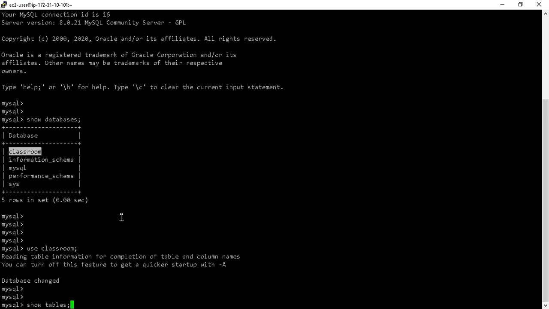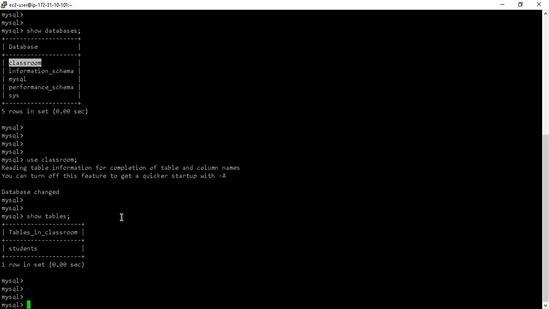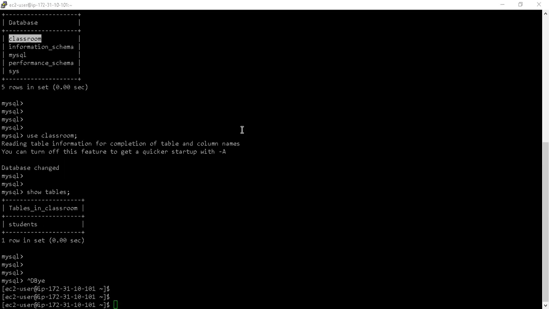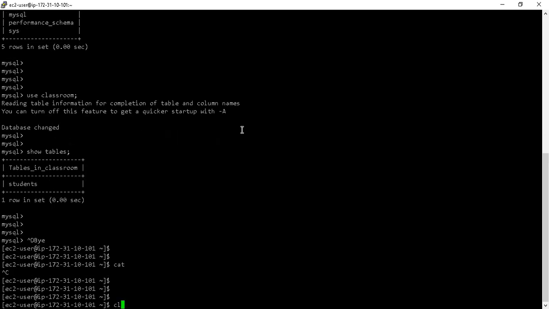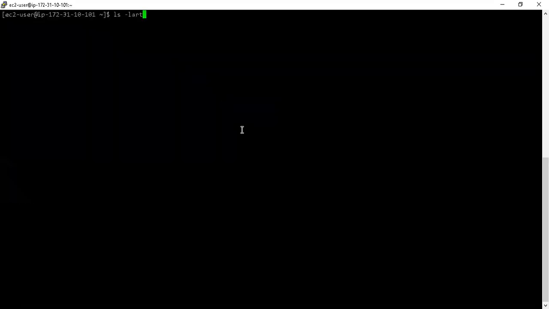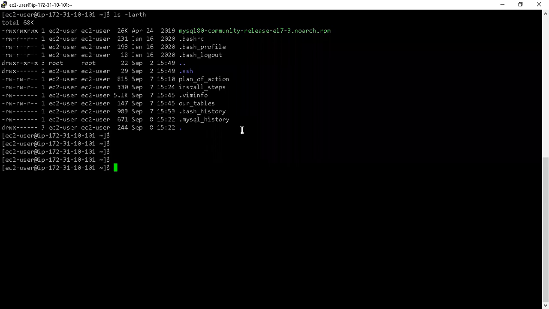Yesterday we started with creating one table, that is students. We said we will be creating 3 tables. Let me just quickly tell you what those 3 tables will be. We were creating notepad files while we were doing our work. So let me just cat this file called R tables.